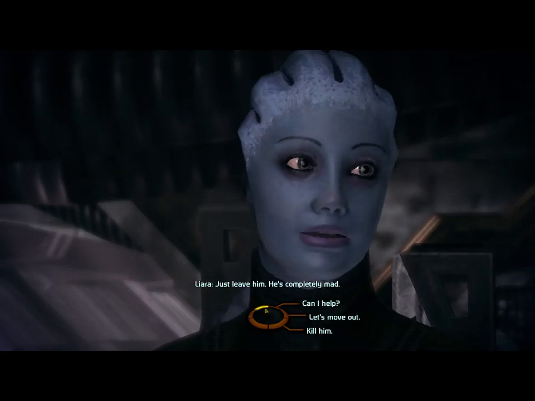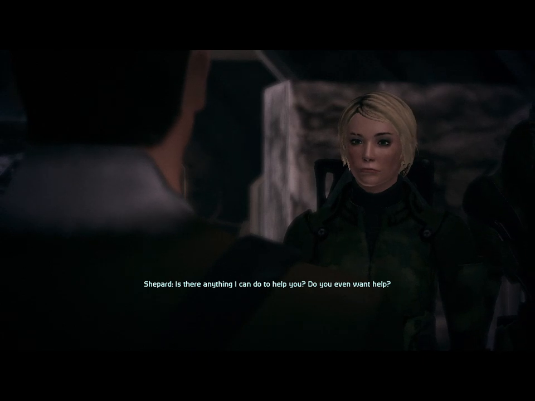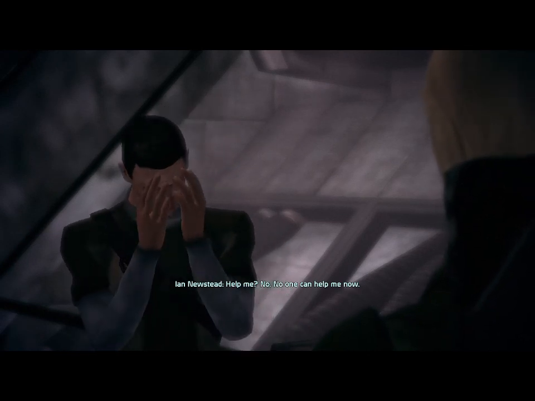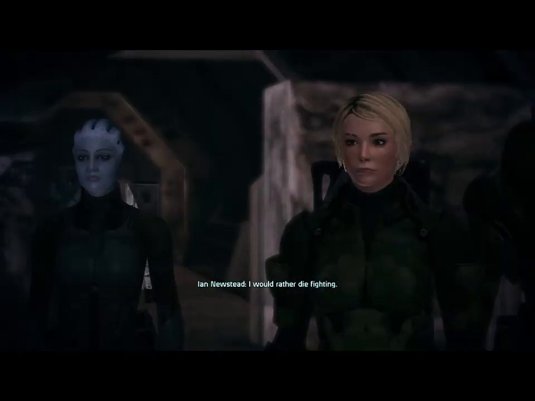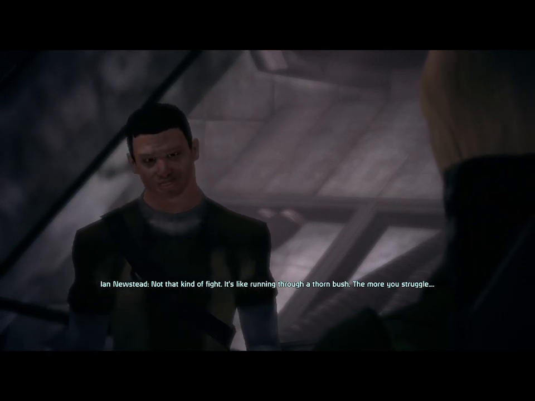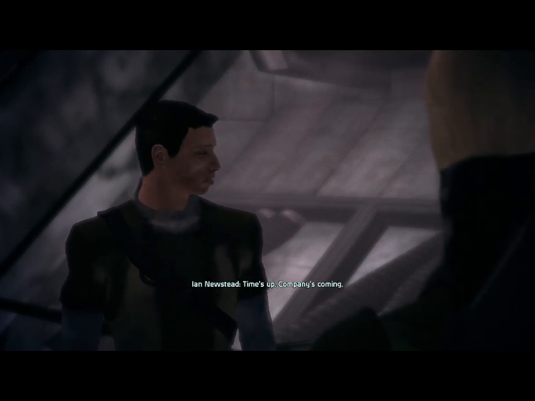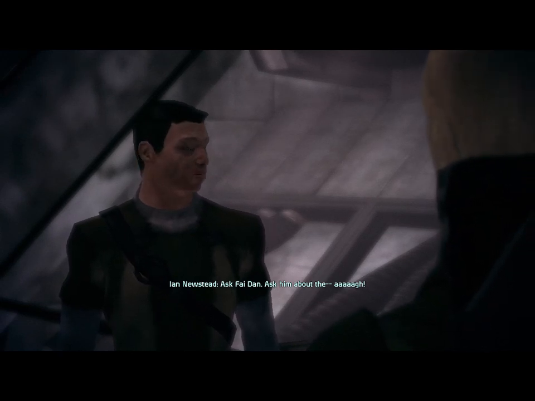Just leave him. He is completely mad. Is there anything I can do to help you? Do you even want help? Help me? No. No one can help me now. I'd rather die fighting! Fighting what? Not that kind of fight. It's like running through a thorn bush. The more you struggle, time's up. Company's coming. Ask Fidan. Ask him about the...